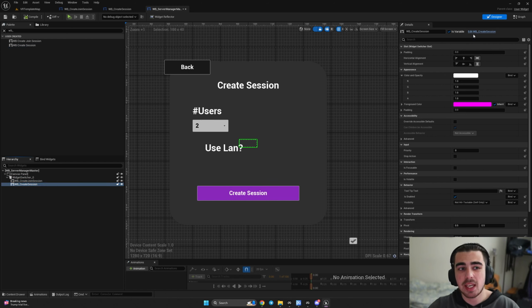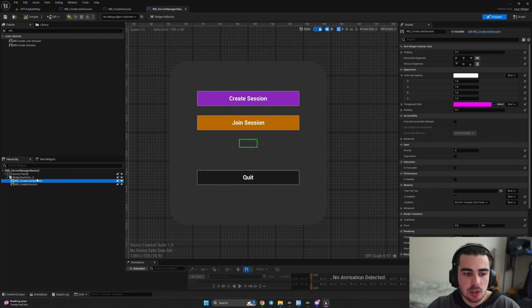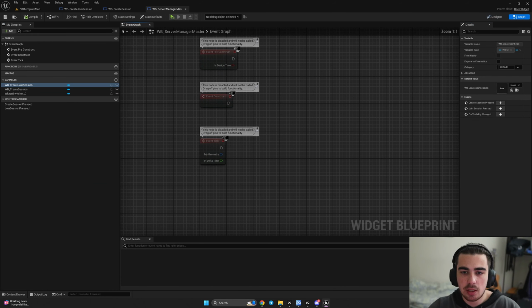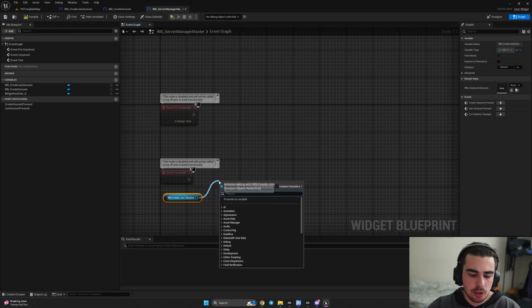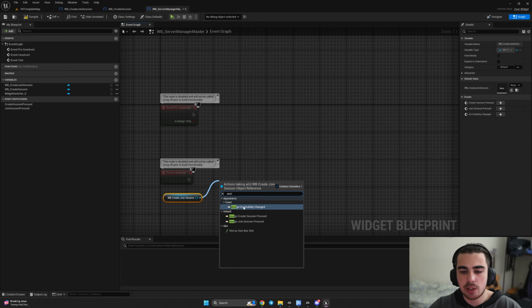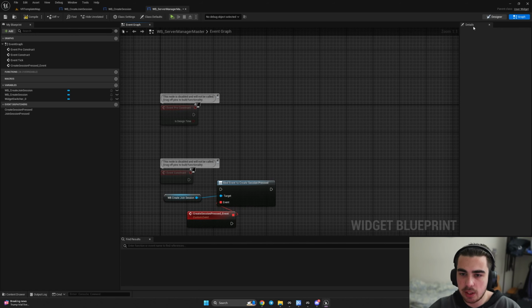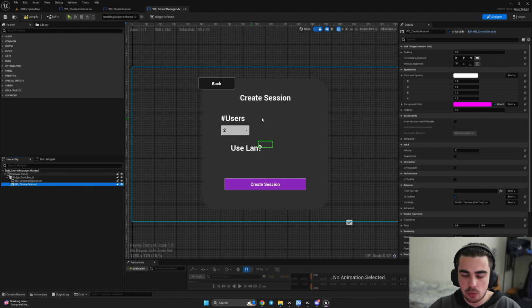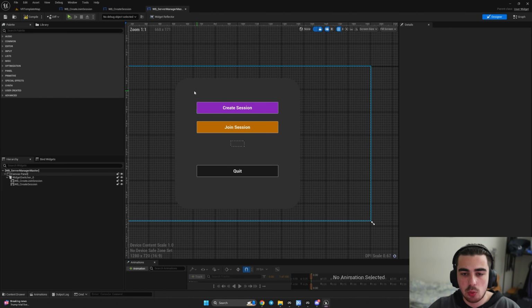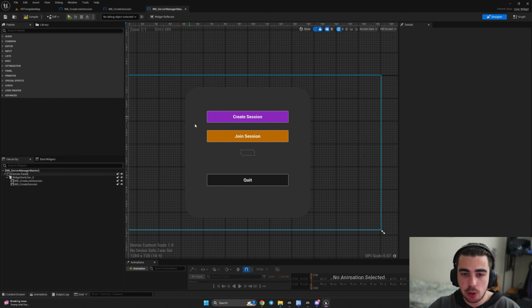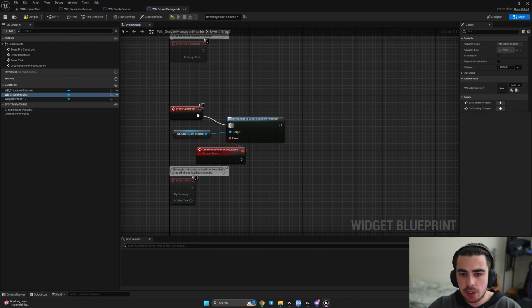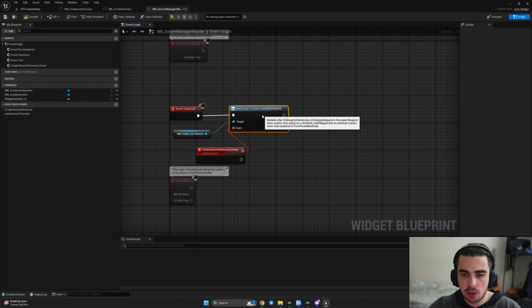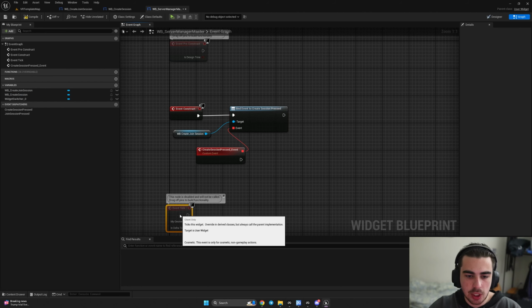Afterwards, we need to make a switching functionality. So let's go ahead in our graph, and on event construct, we're going to get our create session, and here we're going to create and join session. So first of all, we'll assign on when we are creating the session. So once we click this button right here, we want to get to this widget right here. So once we click on create session, we want to go from this widget to this widget. So that's what we are going to do. In here, we're going to assign on this button pressed, and we're going to get our widget switcher